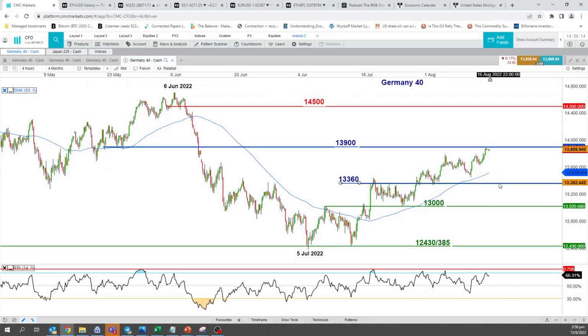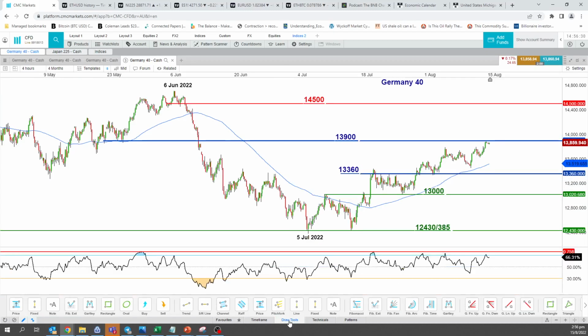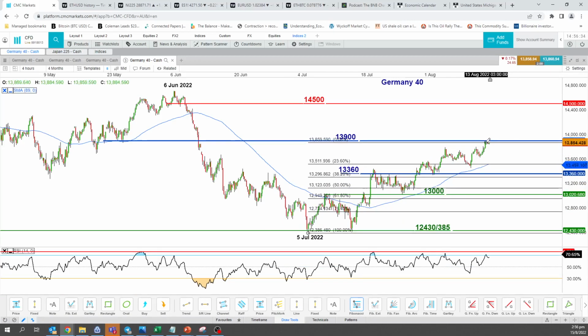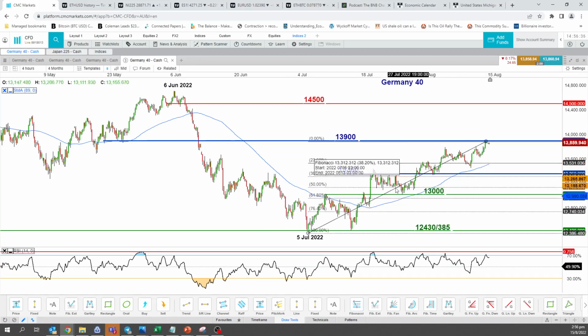However, if you start to see a 4-hour close below 13,360, then we will actually validate a deeper pullback to retest the next support area at the 13,100 level, which is the former swing high of 8th of July and 19th of July. And as well, if I draw the Fibo retracement, taking from the low of 5th of June all the way up to the current high, it's actually close to the 61.8% retracement as well.